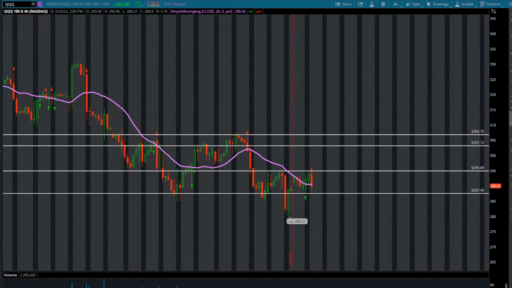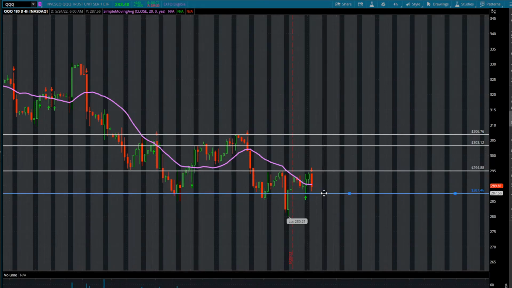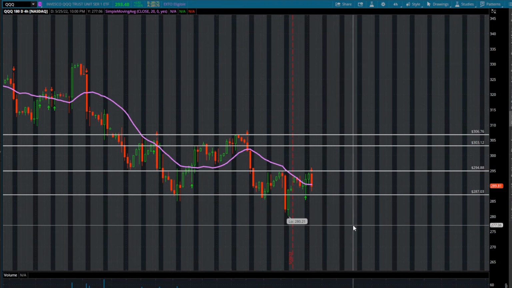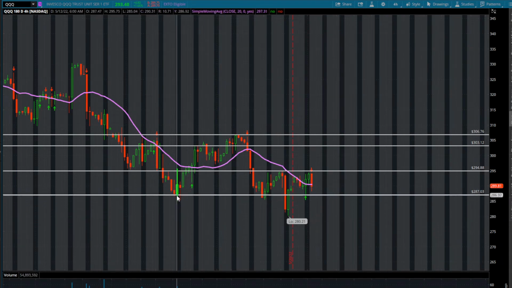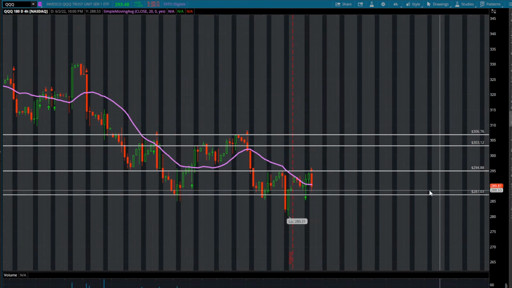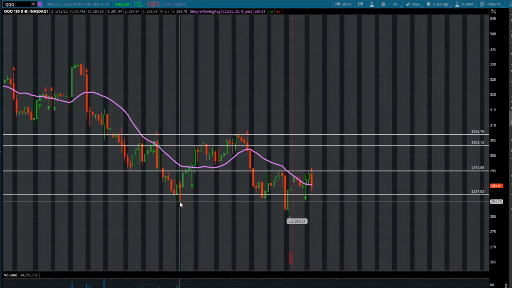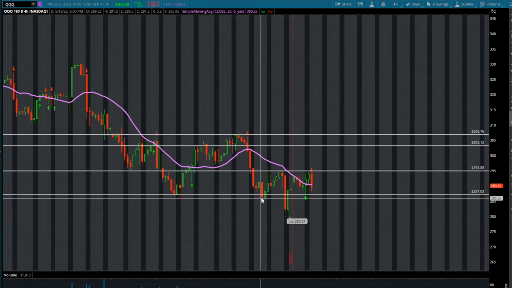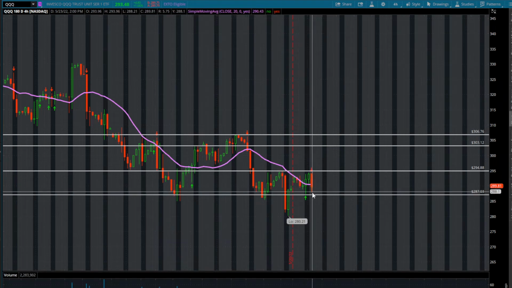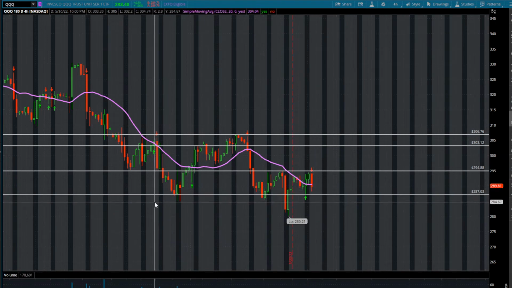To the downside, what are we looking at? We have these levels here on the downside. Let me adjust this just a little bit. 287, that's a level to the downside. You can see each time that we came down, tagged 287, briefly lost it, and then bounced, briefly lost it, bounced. So if we come into this zone, what I can do here